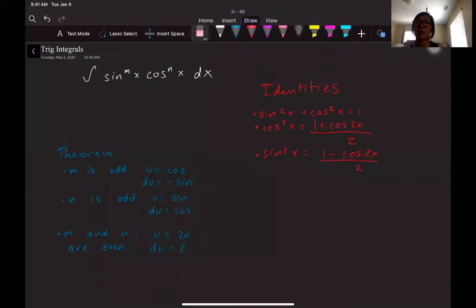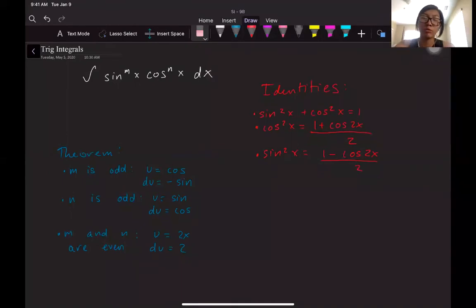So the first thing I want to note is that now you're expected to know how to do IBP and U sub as intermediate steps. This is an example of where something like that shows up. So trig integrals, I have a very general case of the trig integral that you've been working with so far. We split them up into three cases according to the theorem, but the intuition behind it is it's just performing